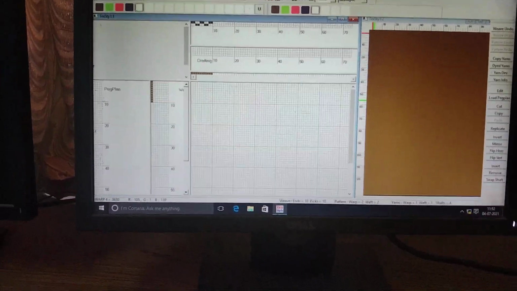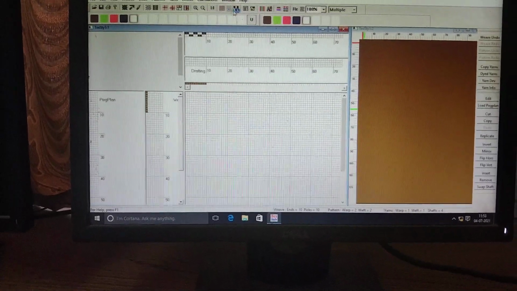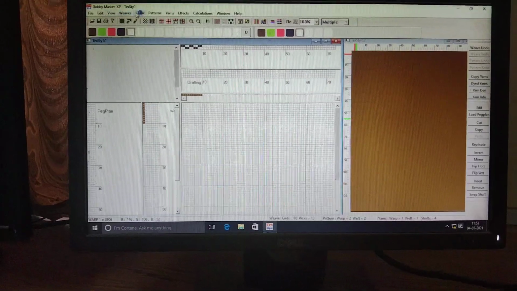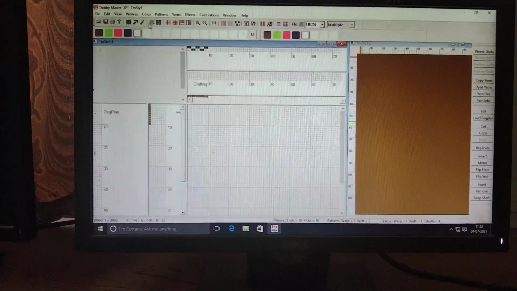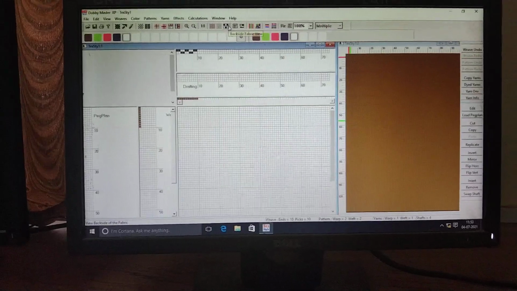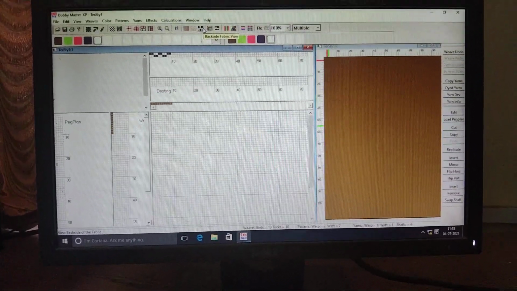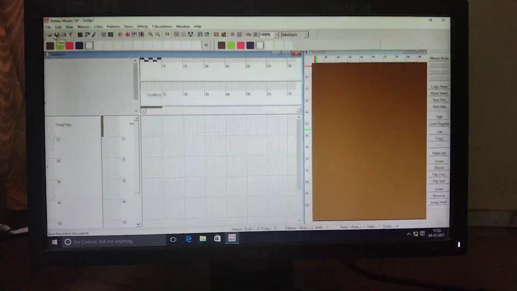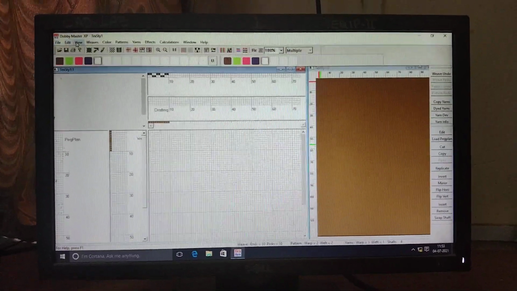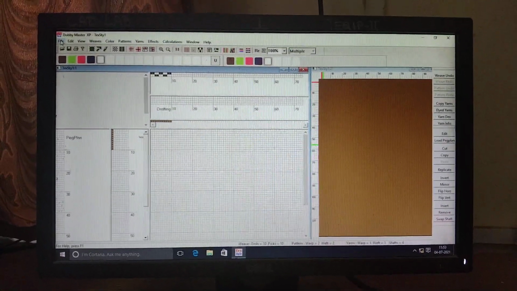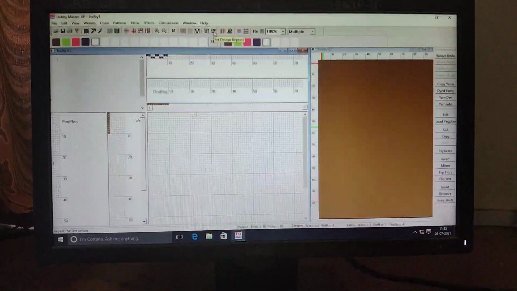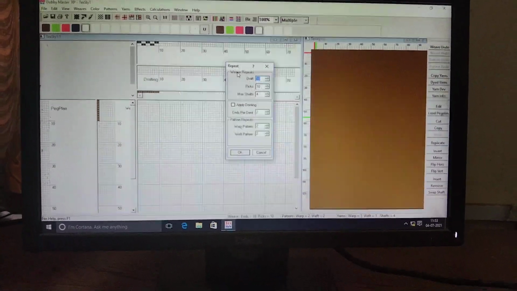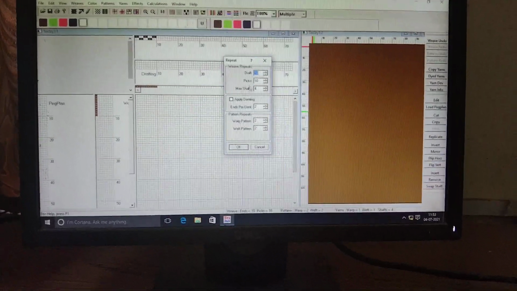Here are the icons and the function keys. We can take directly from the icons also. After doing some practical, you will get familiar with these icons, and you can use them directly, or go with the function keys. Initially I have to go to set design repeat. Click there. Now this is weave repeat: draft, picks and shaft.